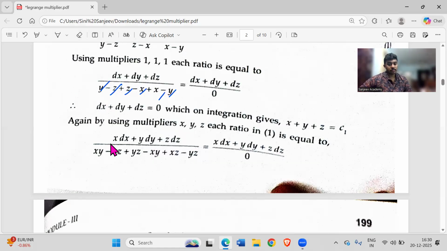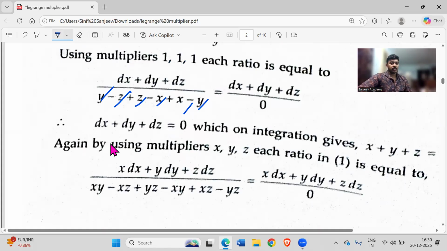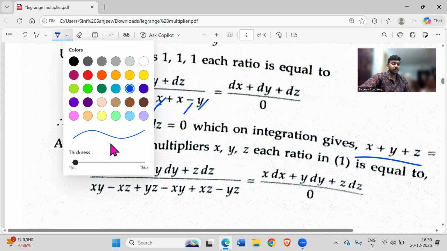Okay, then if I integrate this, I'll just zoom in for you. Then if I integrate integral of dx is x, integral dy is y, integral dz is z, I'll get x plus y plus z is equal to c1. Okay, now this is if the multiplier is 1. Then I told you if the multiplier is x, second time if I take multiplier x, then I'll get what? X dot dx, meaning